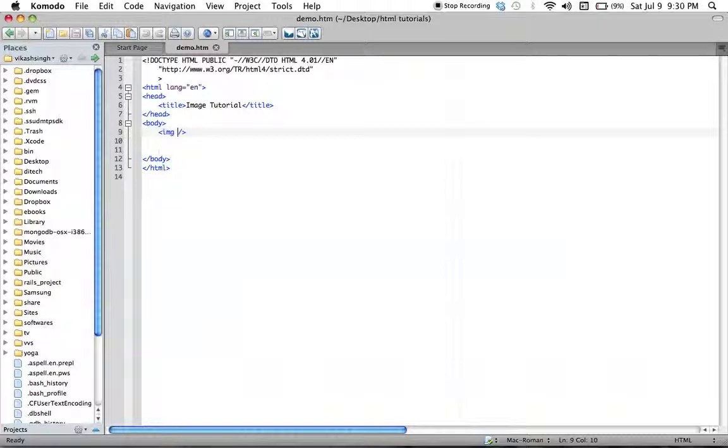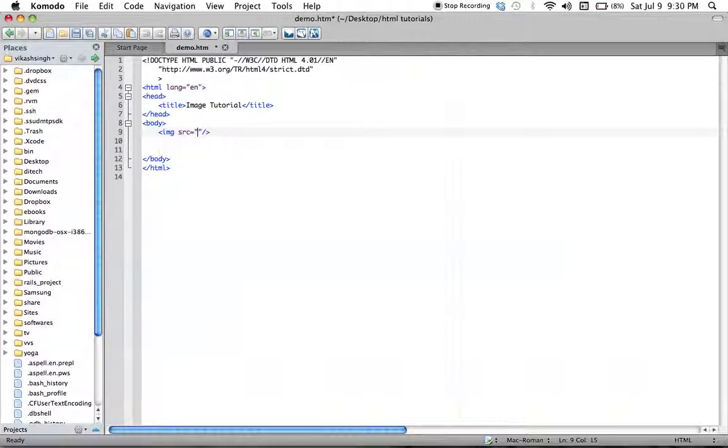For putting images in your document we use this tag. One thing you have to specify for this tag is where your image is, what image you want to portray. So there is an attribute for that. img comes with a lot of attributes, and we will see some of them here. First we will tell our HTML document where our image file is. For that we will use the attribute src, the source, and in it we will give the location and the name of the file.